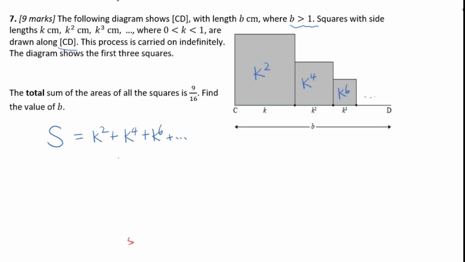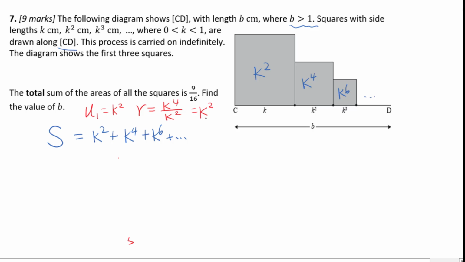It's obvious this is a geometric series. U sub 1 equals k squared, and the common ratio equals k to the 4th power over k squared, which equals k squared. Since k is greater than 0 and less than 1, k squared is greater than 0 and less than 1,